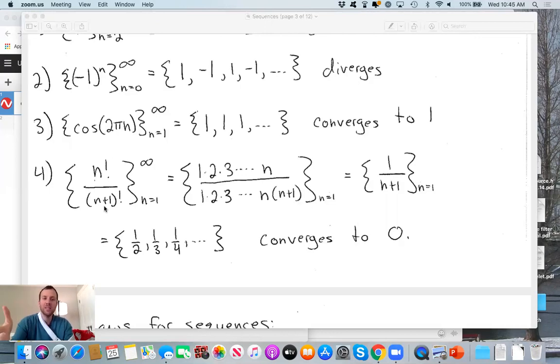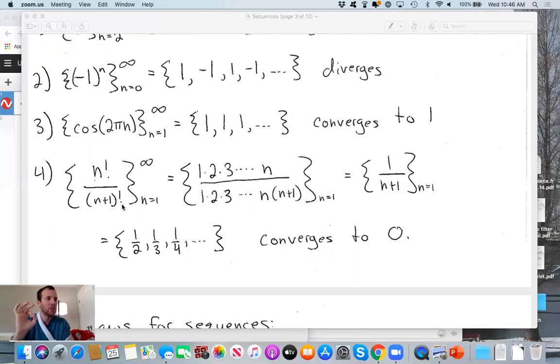So we can't, like we did with just 1 over n, say that the top is fixed, the bottom's going to infinity, the whole fraction's going to 0. In this case, the top and bottom are both becoming infinite, so we have to fall back on how do we deal with that. And with factorials in particular,